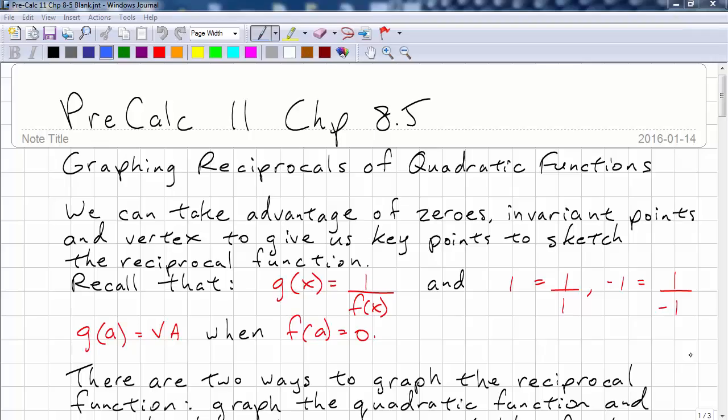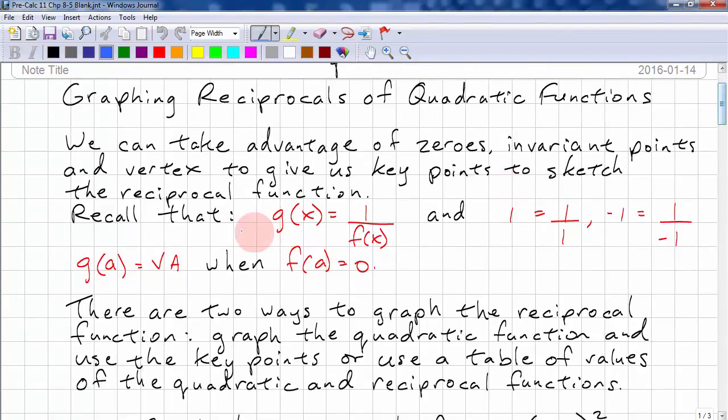This is PreCalc 11, Chapter 8.5. This time we're going to be graphing reciprocals of quadratic functions. And we can take advantage of the zeros, invariant points, and the vertex to give us the key points to sketch the reciprocal function. We want to remember that g of x equals 1 over f of x,